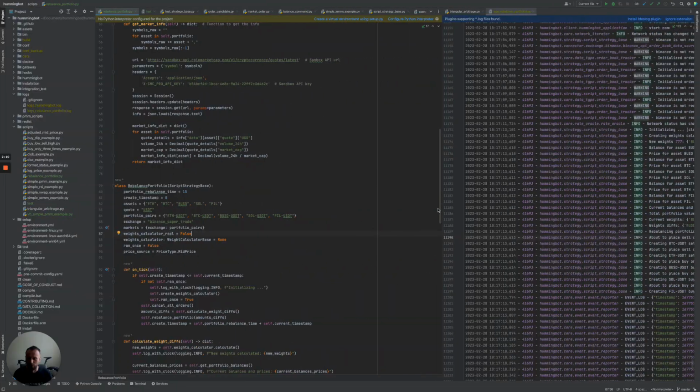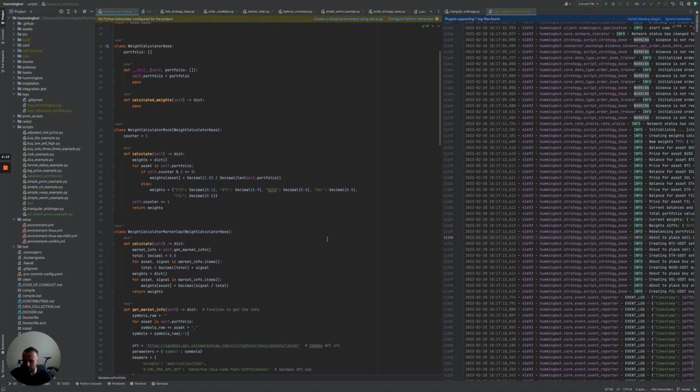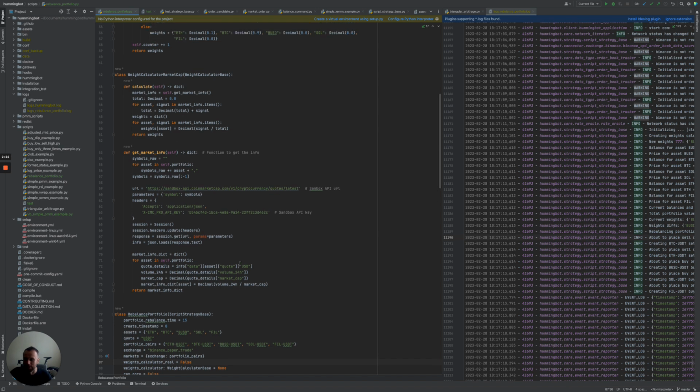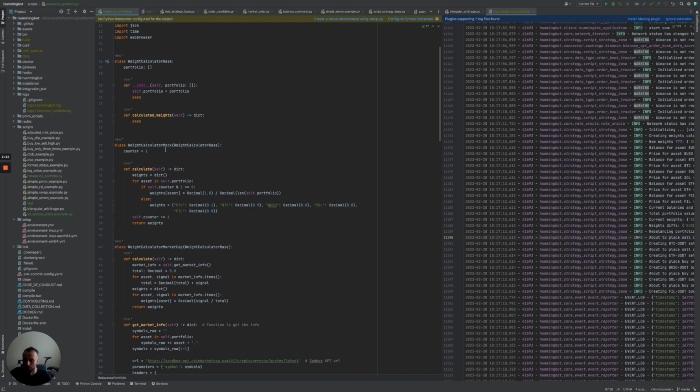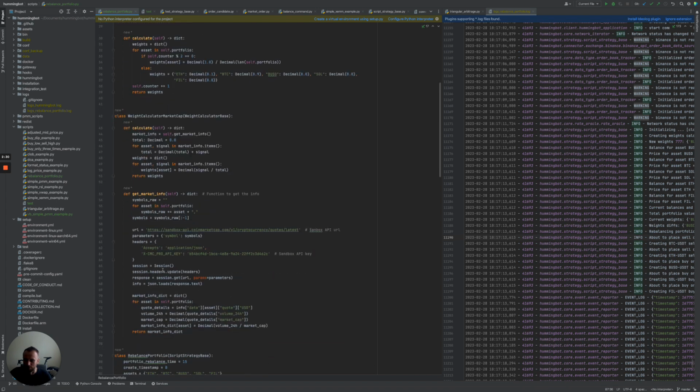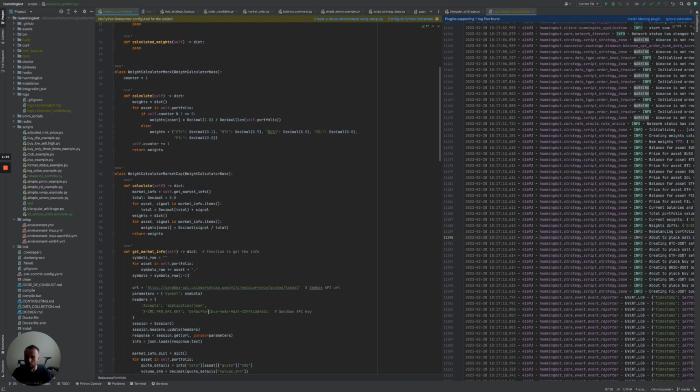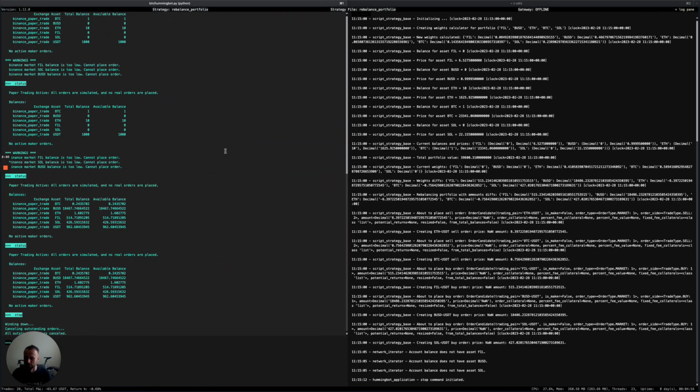So implementation-wise, the strategy is based on the script strategy base. It gets a signal as two signals. One is a mock, and another one is CoinMarketCap. Let me show you how it runs. If I choose weights calculator false, that means it's going to use the mock. And what the mock does, it alternates between equal distribution versus some sort of pyramid where I have different allocations. So if I run